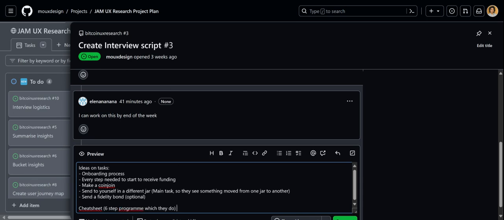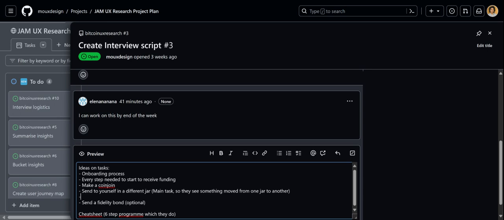Question: is the fidelity bond more of a not-first-time-user thing? This is probably something someone does when they're already comfortable. They're okay locking up their Bitcoin for some time because they trust the system. They've kind of felt it out. Seems like you test it with specific types of users? I think so too. It's way too prominent in the UI currently. But that's for you guys to figure out. But yeah, I think that's an expert step, right?